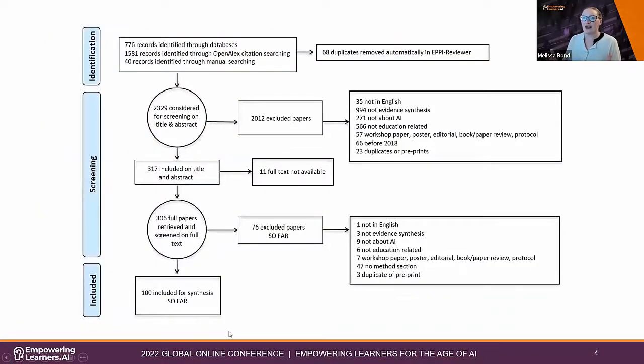We ended up with quite a considerable number. And if you just think about this, this is secondary research. These aren't primary studies. These are already reviews of primary studies. So there is a lot out there, and this kind of backs up our approach, really. So far, we've already screened on full text. We've got 100 that we've already started extracting data for, and we've already excluded 76 on full papers.